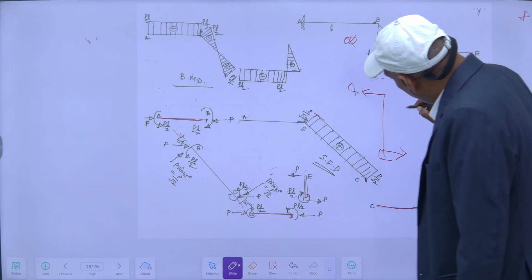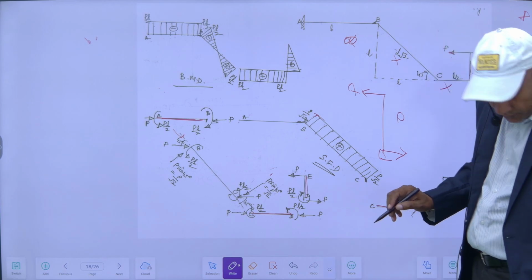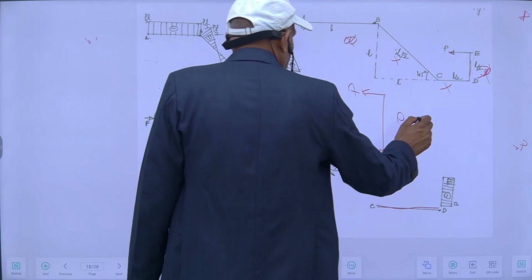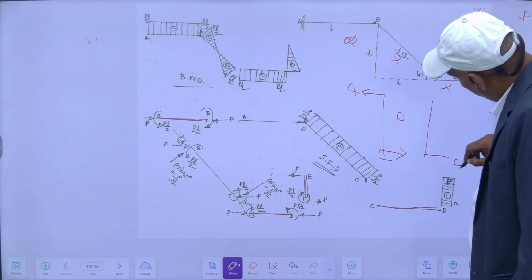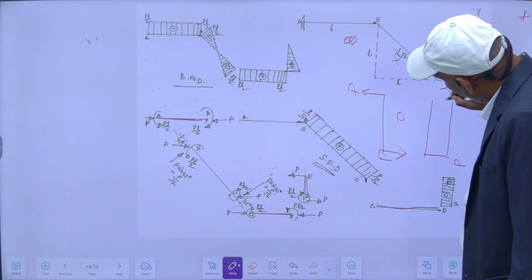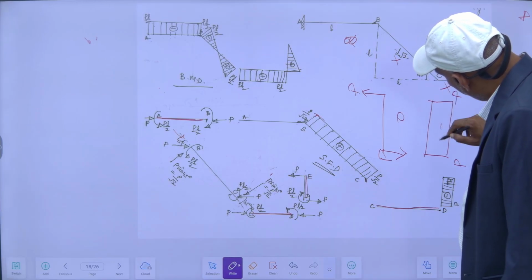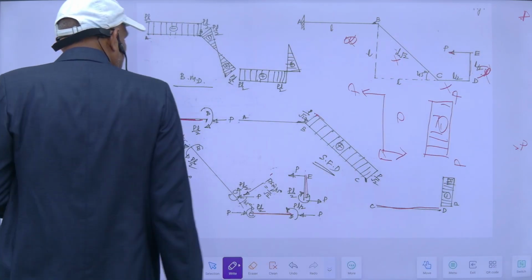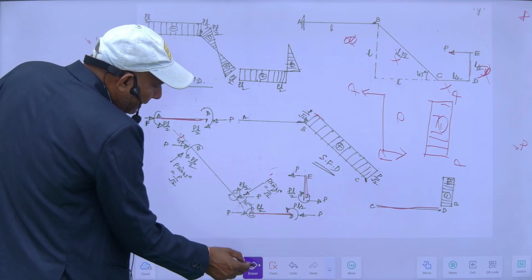If I am standing here and I want to draw its shear force diagram, it will be like this. Since it is downward, it will be negative P, then it will be constant here, and again this will be P and P. So this will be the shear force diagram of this portion. Now this is the SFD, and for drawing its bending moment diagram,